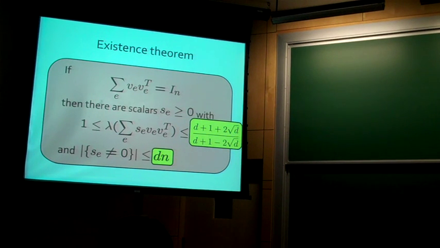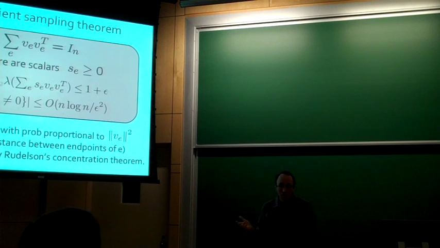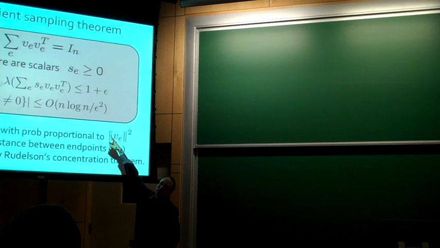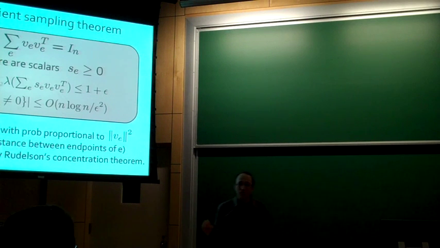Yes. You really give us a recipe. Oh yeah, I'm going to give you a recipe. I'm going to give you a concrete algorithm. So what I'm going to do is, first I'll tell you how we came up with the algorithm, and then I'll tell you the algorithm. Also, let me just give a brief word about the random sampling approach, which is really efficient, though this involves more vectors. This will give us n log n over epsilon squared vectors. It's very simple using a theorem of Mark Rudelson on concentrations of sums of random matrices.